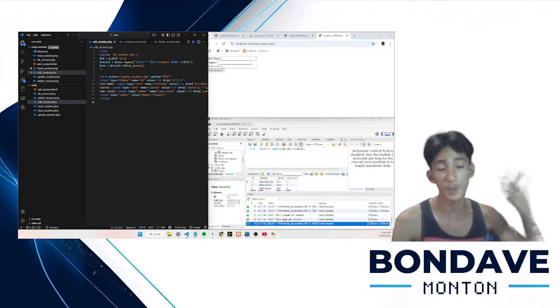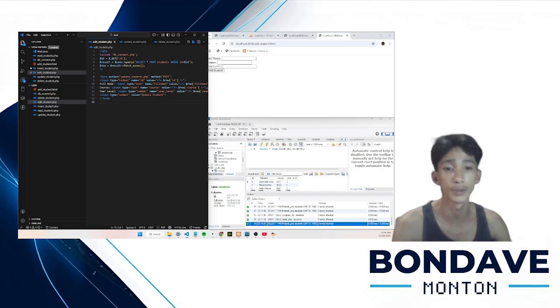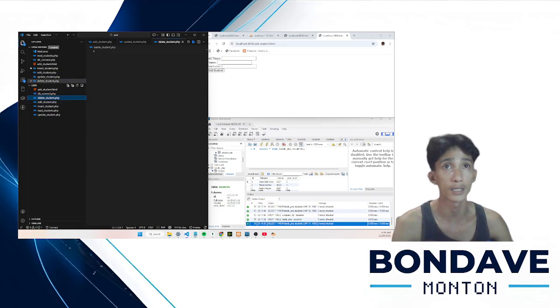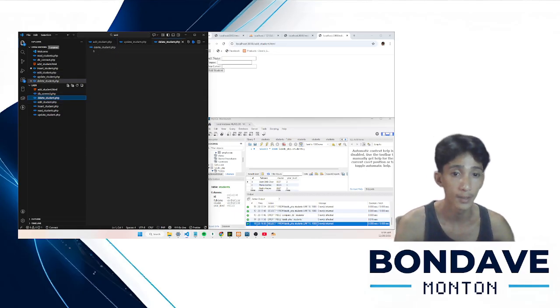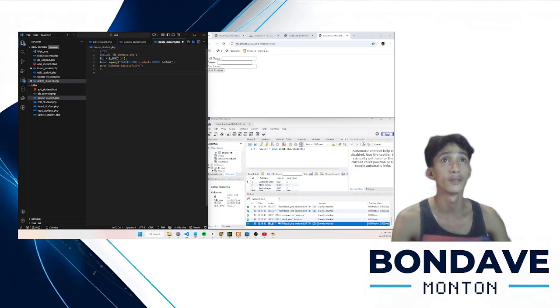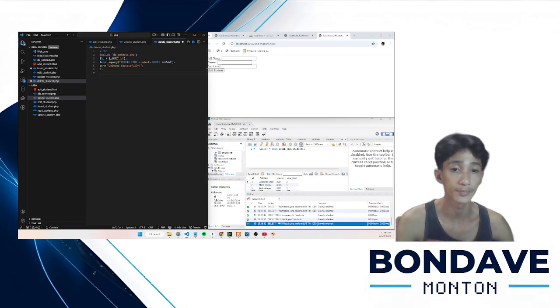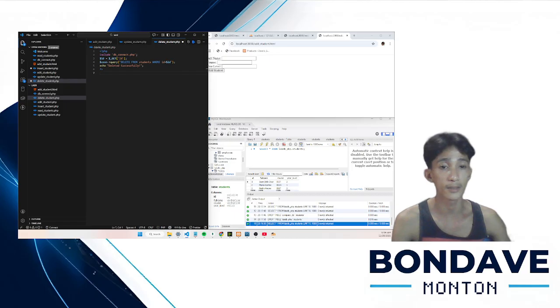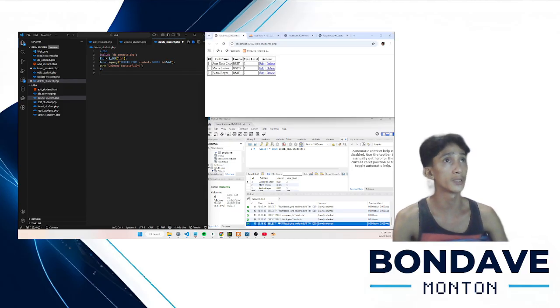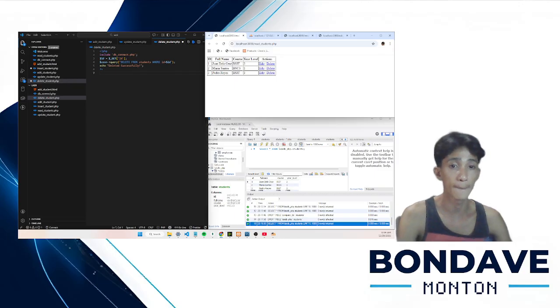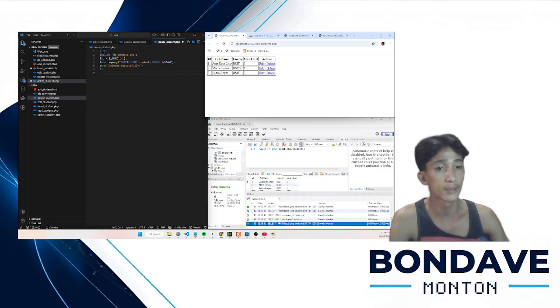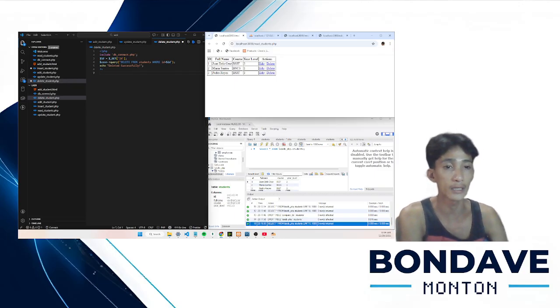We proceed to the delete operation, which is the delete_student.php here. Type in the code. Now click on the dashboard right here. Clicking delete removes the student permanently from the database.